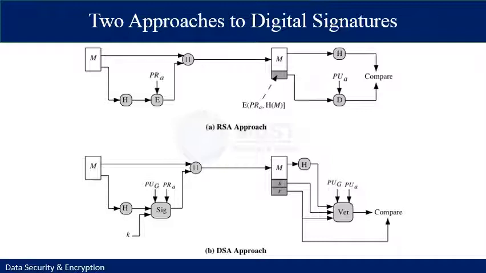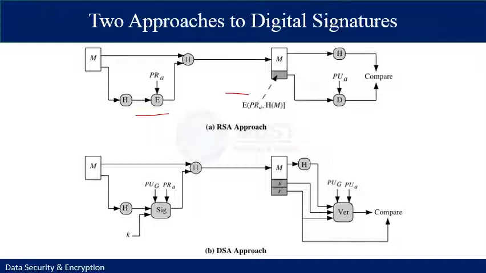in both approaches. So in the first case, the RSA approach, the message to be signed is input to a hash function that produces a secure hash code of fixed length. This hash code is then encrypted using the sender's private key PRa to form the signature. Both the message and signature are then transmitted. The recipient uses